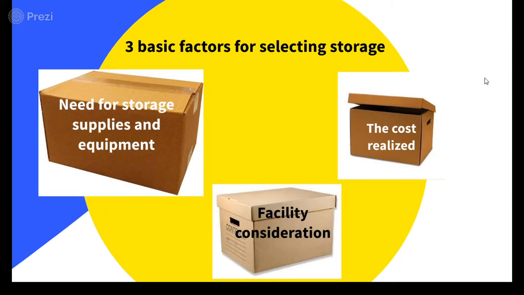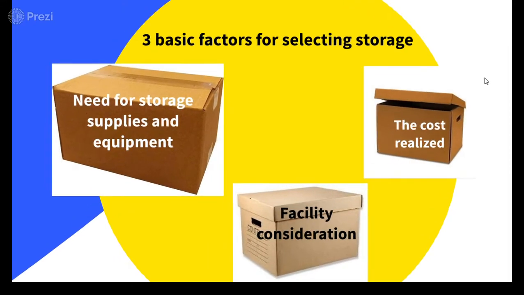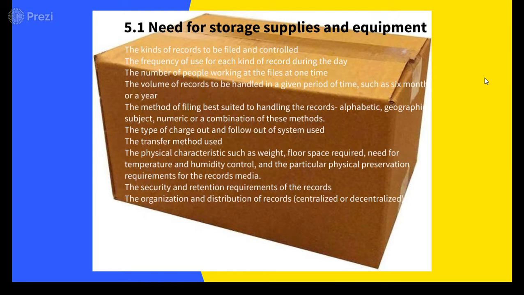The first one, need for storage supplies and equipment. The kinds of records to be filed and controlled. The frequency of use for each kind of record during the day. The number of people working at files at one time. The volume of records to be handled in a given period of time, such as 6 months or a year. The method of filing best